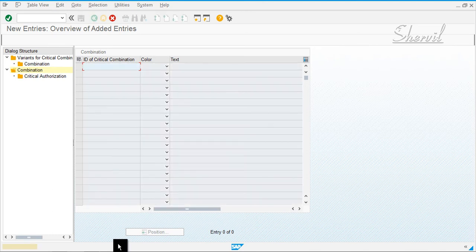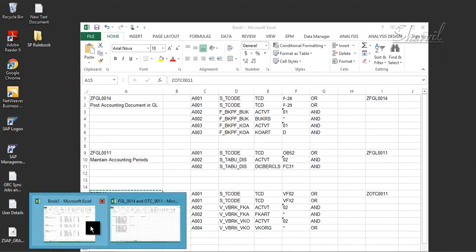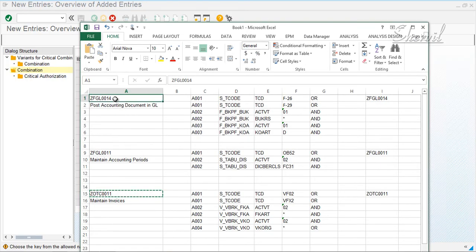So let's go back to our data. Here we have GL14 going against GL11.